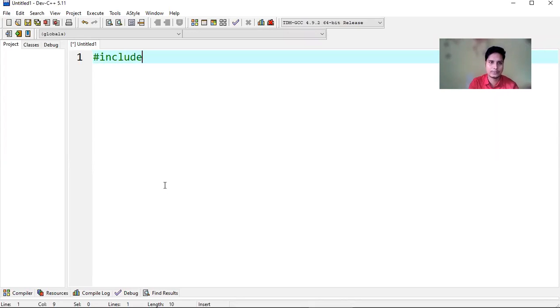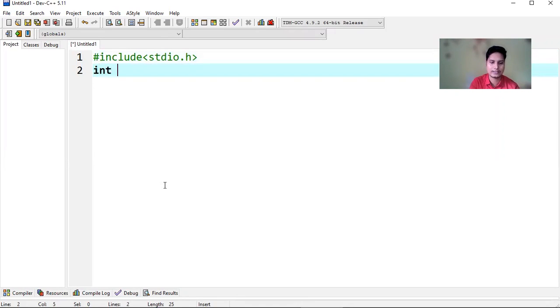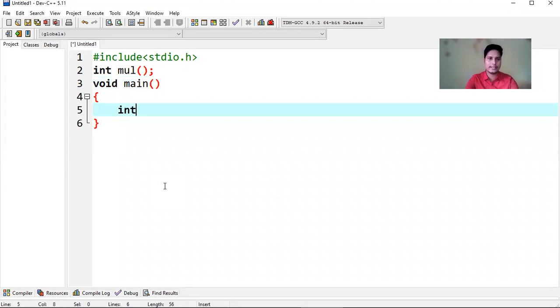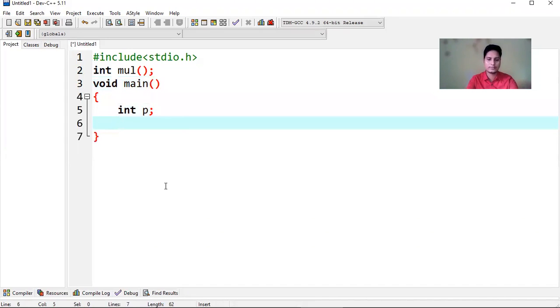#include <stdio.h>, next int mul, next void main, int p semicolon, then I'm writing printf in double quotation "with return type without argument", semicolon.